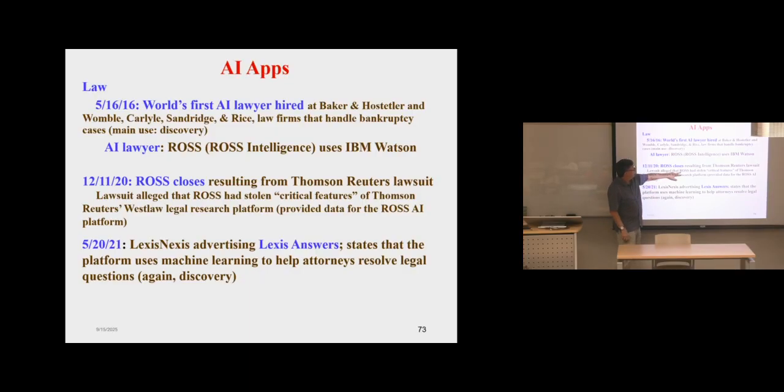And so Thomson Reuters has owned Westlaw forever. That's their legal research platform. It's digitized. What these people did, they went in, bought a license to Westlaw from Thomson Reuters, and then used it to develop their machine learning program. That was their data input. Well, Thomson Reuters was very unhappy about this. So they called them up and said,